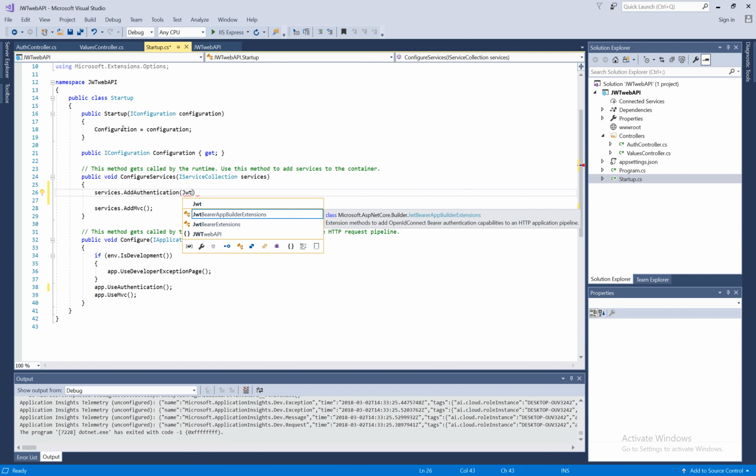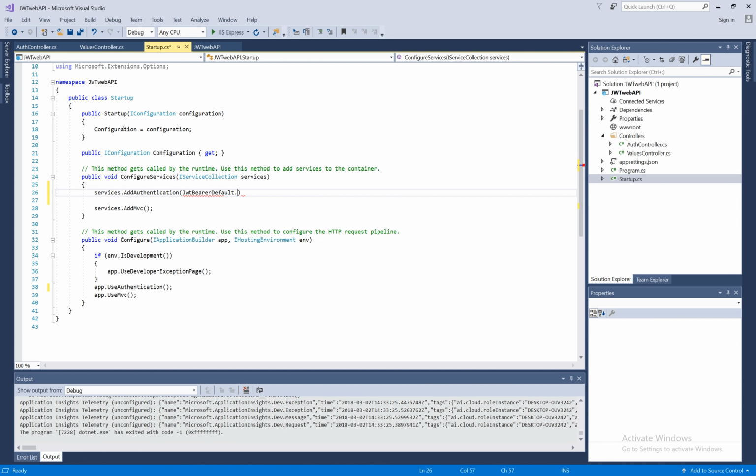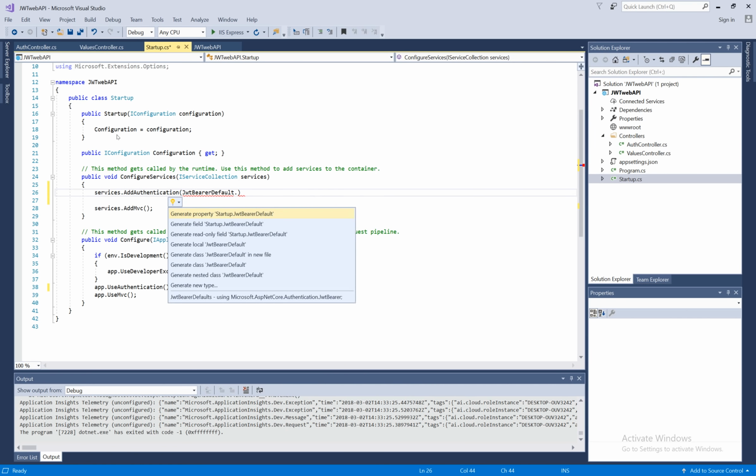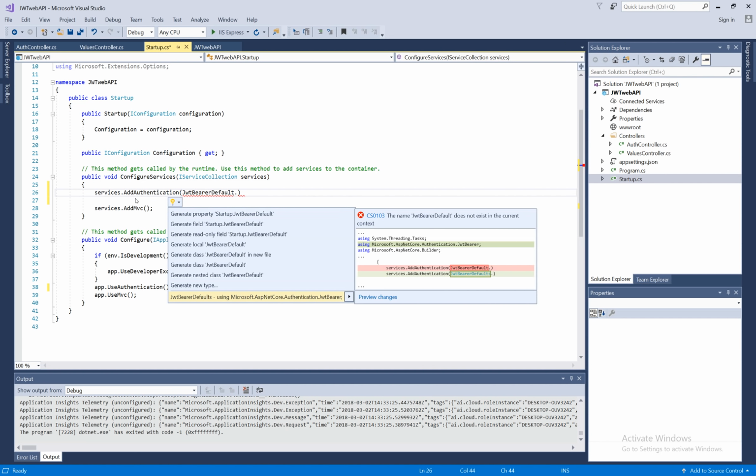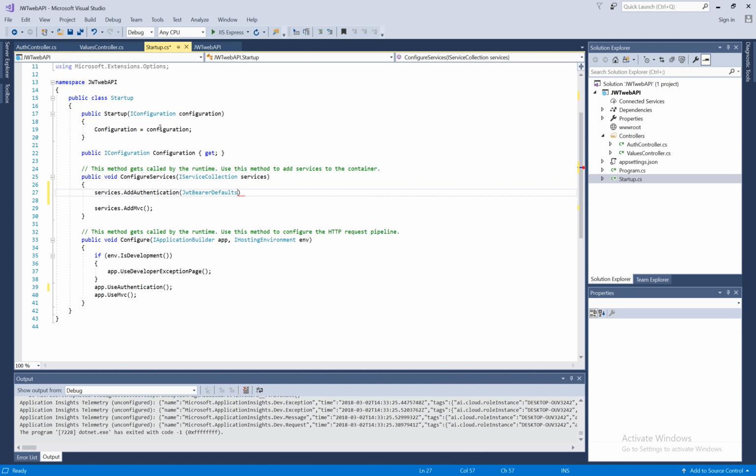This IntelliSense doesn't show all of that. Bearer default, I think, is correct. Let's see. Yep, that's right. So we're going to use the authentication scheme and add